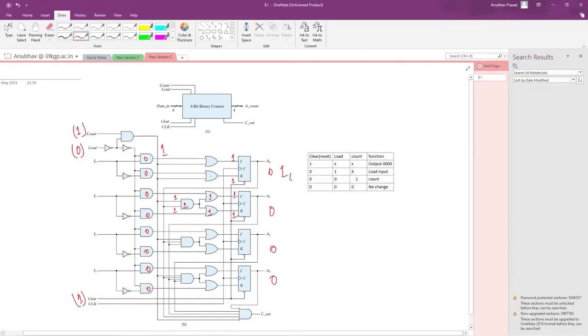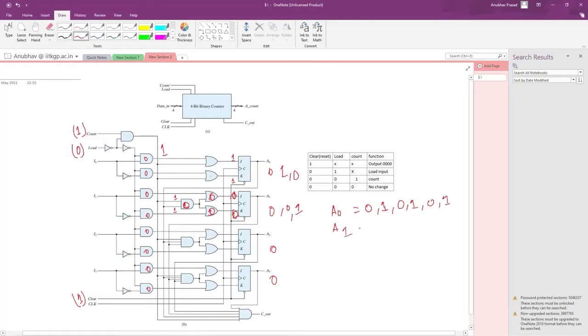And at the next step, when the next clock event occurs, it will toggle to 0 and the other will toggle to 1. And again similarly, since A0 is 0, this will again become 0, this will be 0 0. So since both of them are 0, J and K will be 0, then it will retain the state. In the same way, this A0 will toggle at every clock cycle, every clock event.